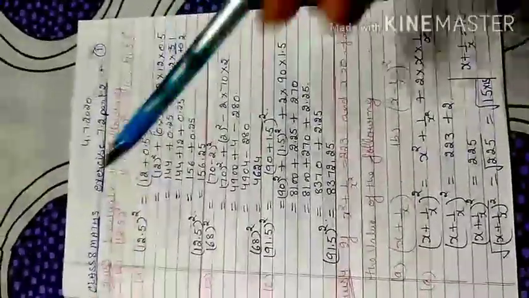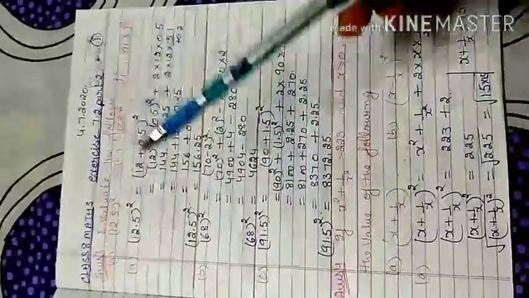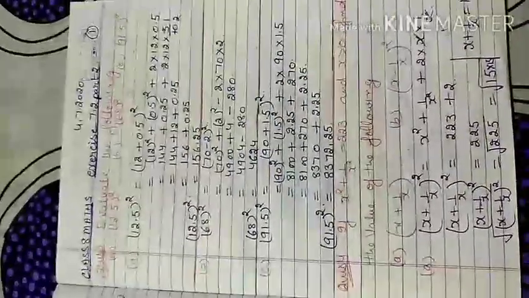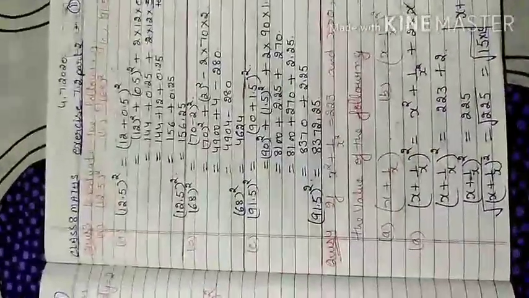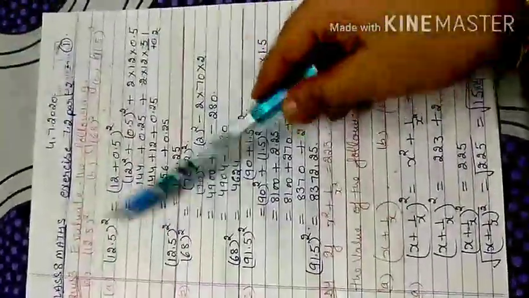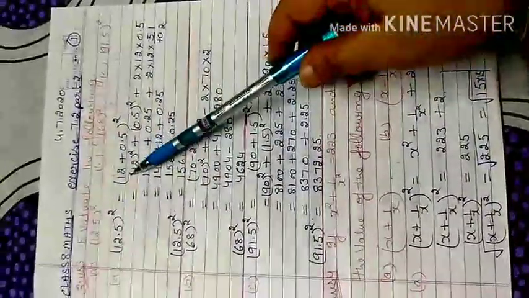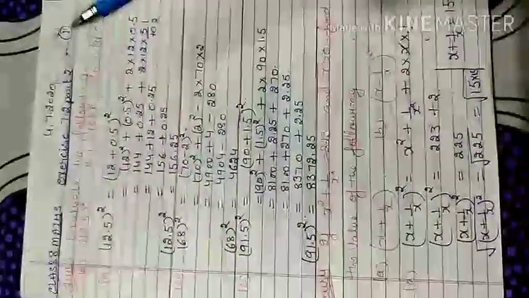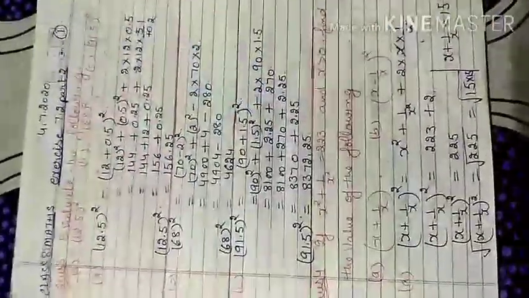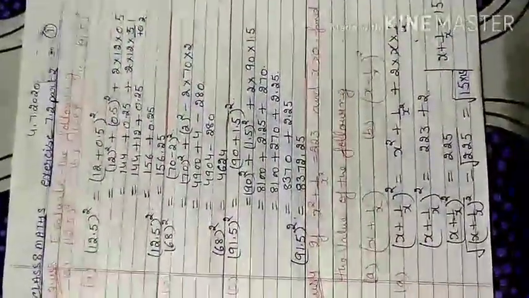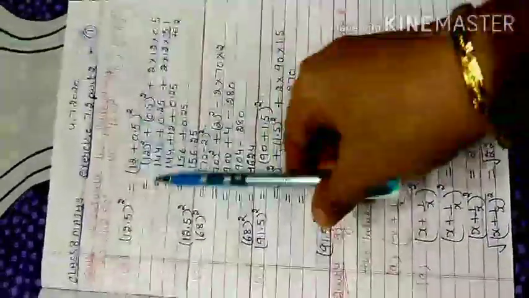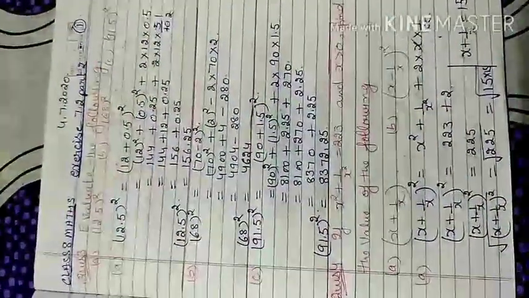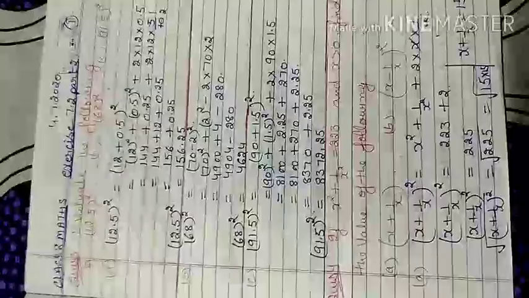Now this is your 7.2 exercise. In this also, your third question, first part. This is a little bit connected with your a plus b whole square and a minus b whole square formula identities, what we did in your previous homework. So this is 12.5. If I separate 12.5, 12 plus 0.5. It's not necessary that you write 12 plus 0.5. You can also write 10 plus 2.5. It's up to you, because you have to make your calculation easier. So if I write 12 plus 0.5, you can also go with 10 plus 2.5. So it will be easier for your calculation.